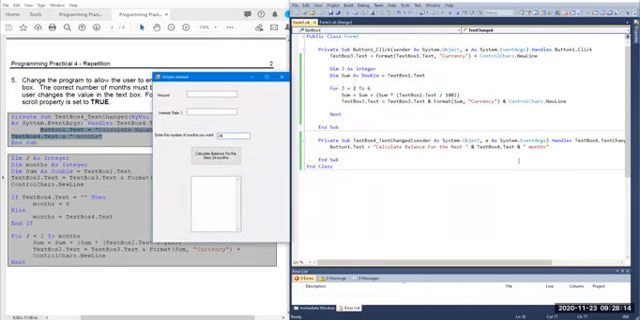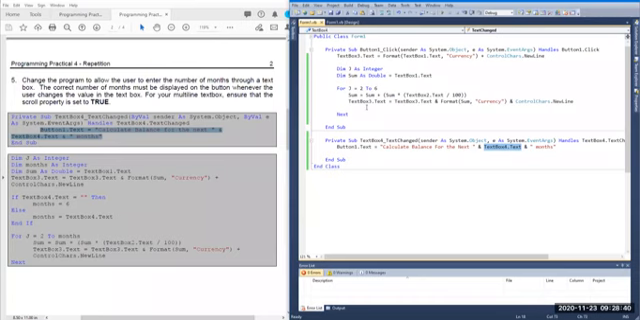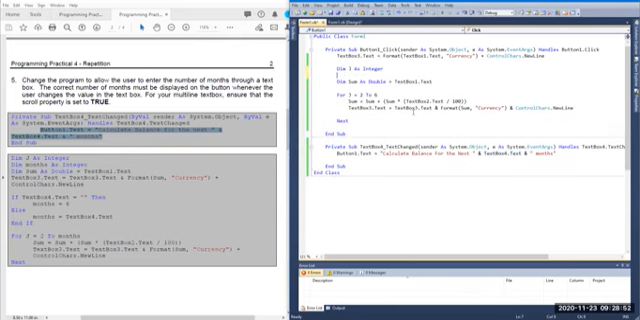Let's see what the question says. It allows the user to enter the number of months through a text box. We've done that. The correct number of months must be displayed on the button. Now we want to add new code to our previous program, because now there are new conditions. We want to make use of a variable called months. So we can just declare months up here as integer,